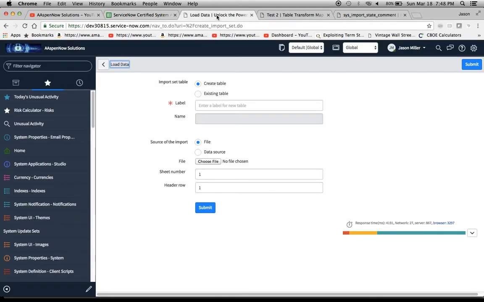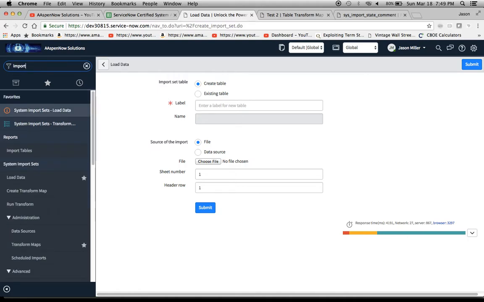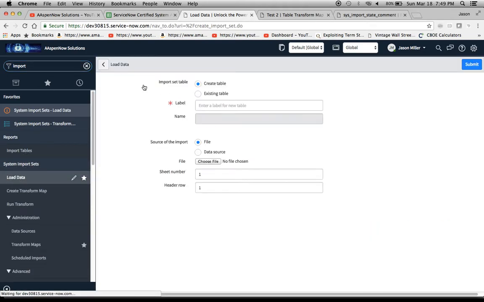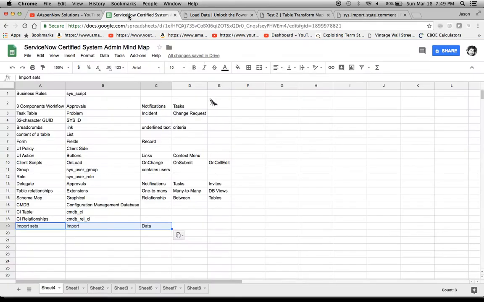And if you're looking for it in the tool, the best way to find that would be to go to imports, data. So system import sets, here's your application. I'll click on load data as the first one. Also, we'll notice here that we have 3 modules underneath: load data, create transform map, run transform,